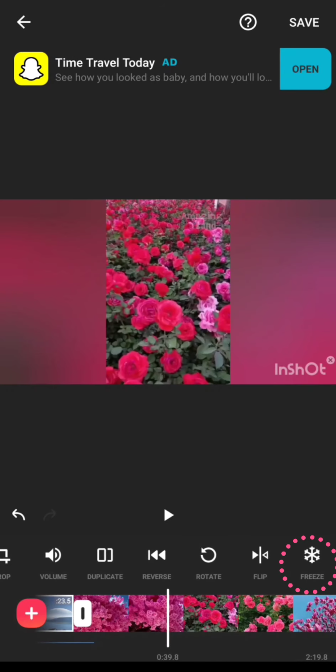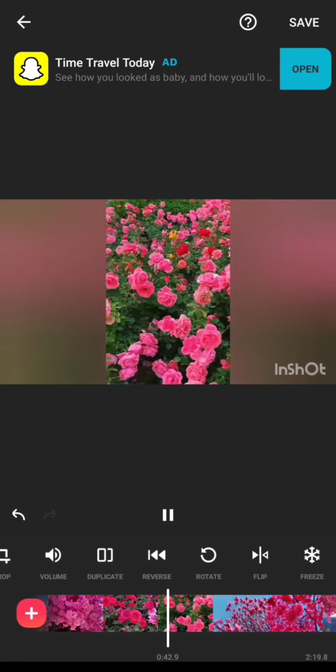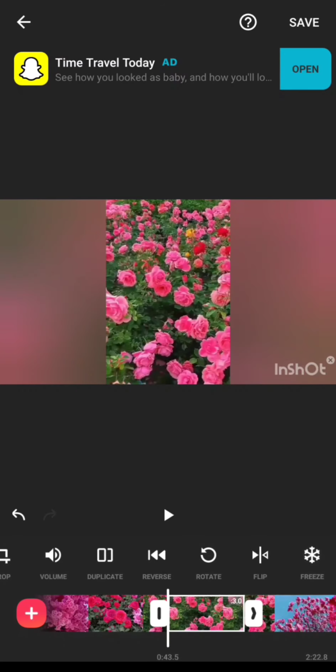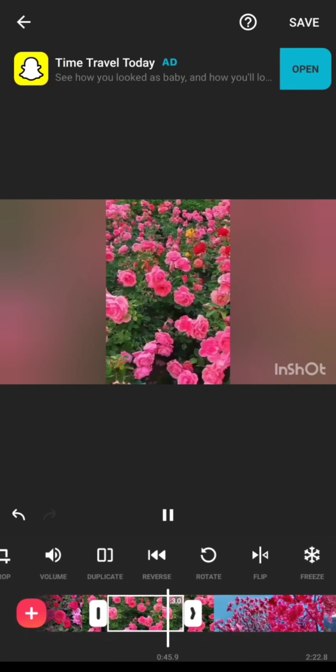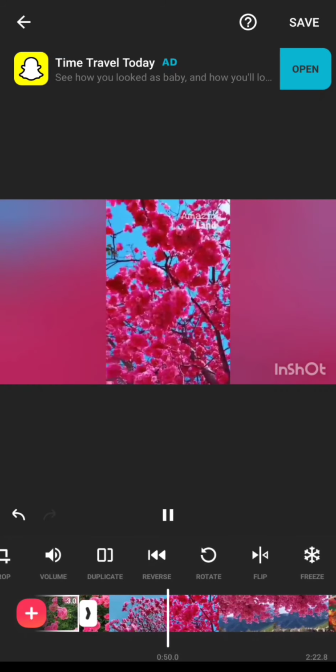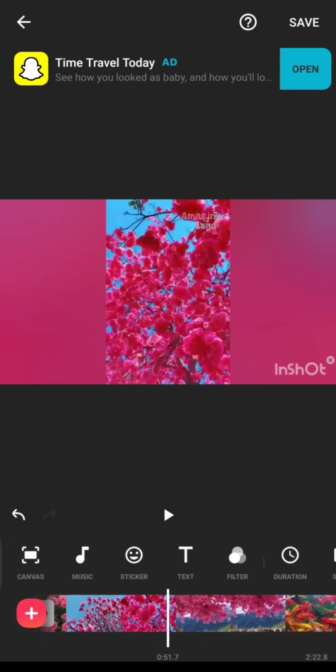In the freezing option, suppose a video is running, we can see over here the video is shown, and I want to stop this one over here and I want to explain something, then I can click upon the freeze option. Then it will be frozen over there. Then we can see that much part is still without moving. Then again continuing the video with that. So there I can give my explanation. So all these are the major features of InShot application we have seen, from canvas till freezing.